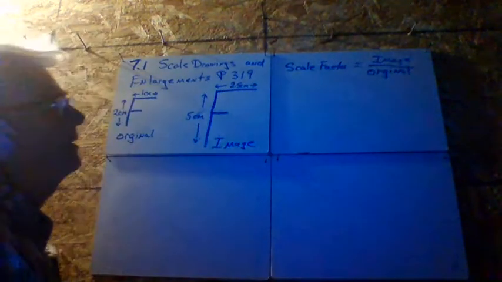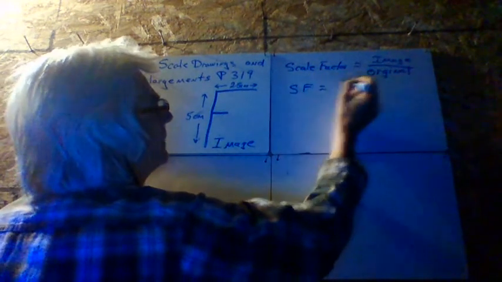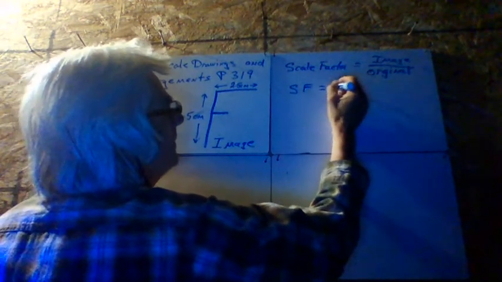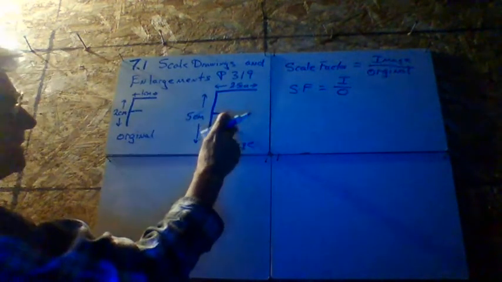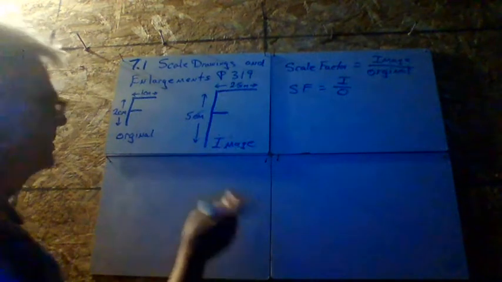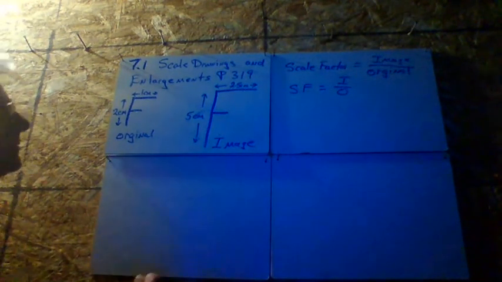The important part is the original one has to be on the bottom. How you normally see this is scale factor equals I over O. That's why I wrote image here. I think they called it a diagram on page 319. But to calculate the scale factor,